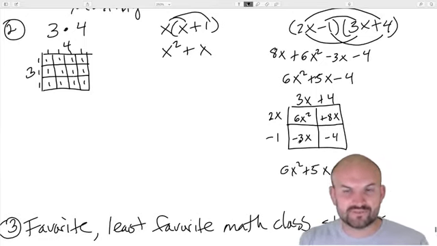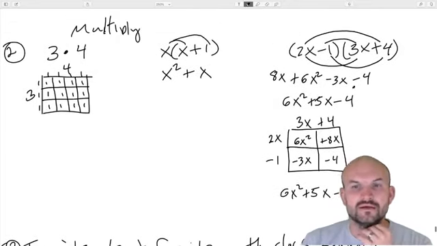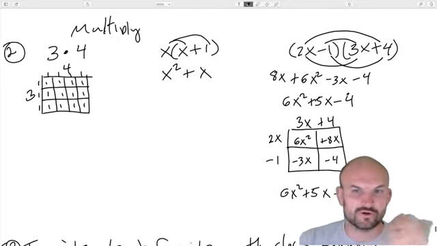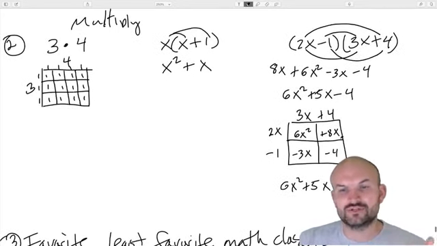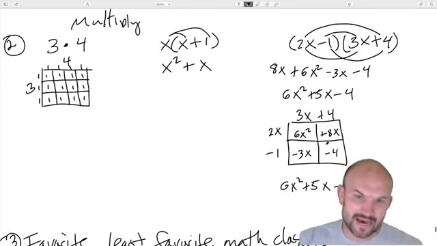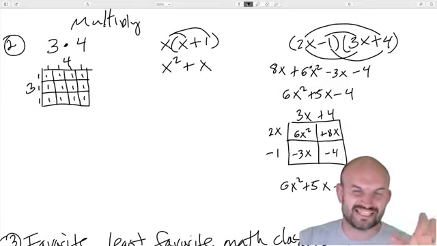So for simplicity and speed, I would just use FOIL or the distributive property. However, when you sometimes get something that's a little more complicated, or if it gets a little messy trying to do that,